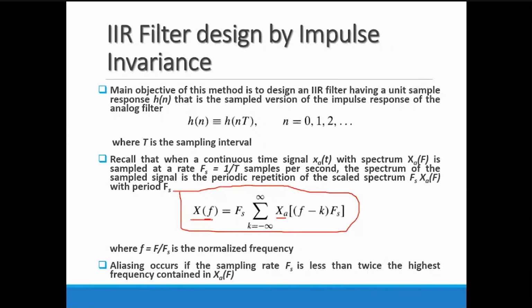If we are not following the Nyquist criteria, meaning when our sampling frequency is less than the highest frequency of the signal component X(f), then we get the aliasing effect. So we have to fulfill that condition. When we select the sampling frequency, it must be at least equal to, or greater than, that highest signal frequency.